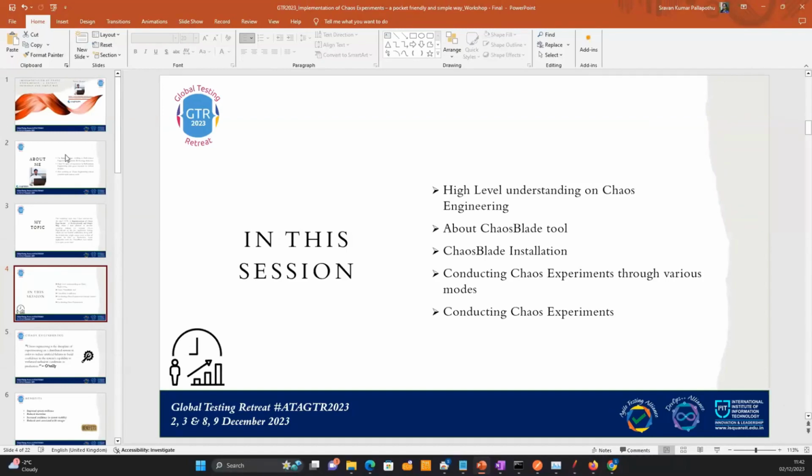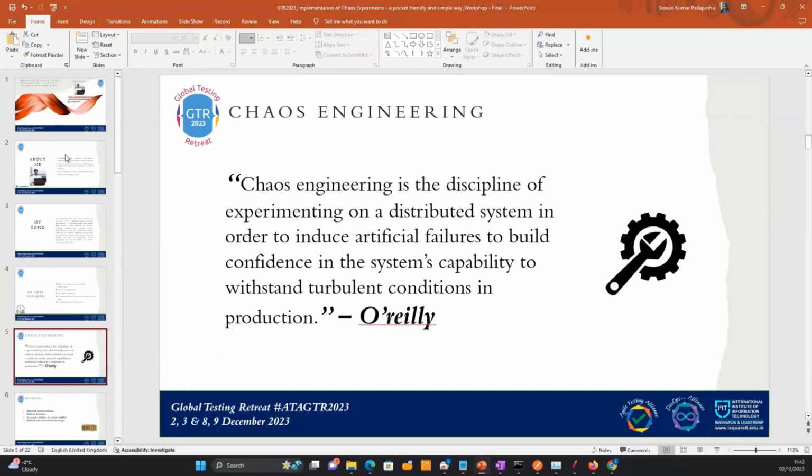Chaos Blade is a very vast tool, so you have a huge number of experiments. It's not possible to cover everything, but I'll try to cover at least a few in this walkthrough session, in this workshop. And next, coming to chaos engineering on a high level, it's basically about keeping things resilient. I mean, how resilient your cloud is, and nowadays everybody is moving to the cloud. And what happens if one or the other fault injection or fault has been identified in